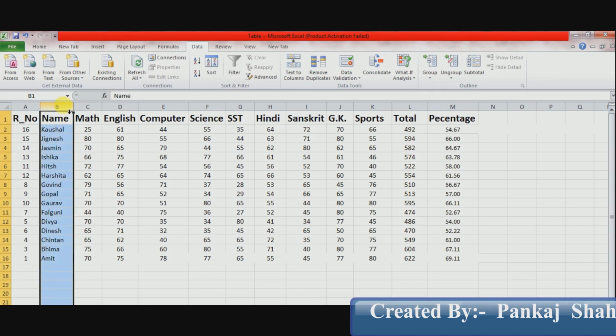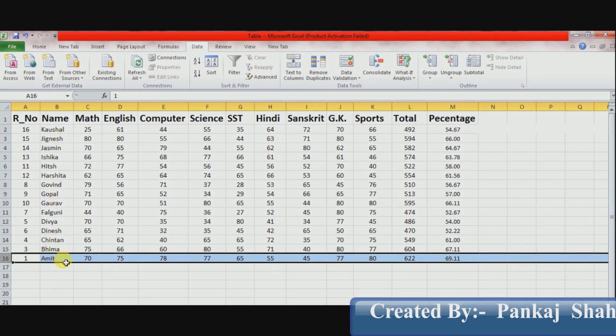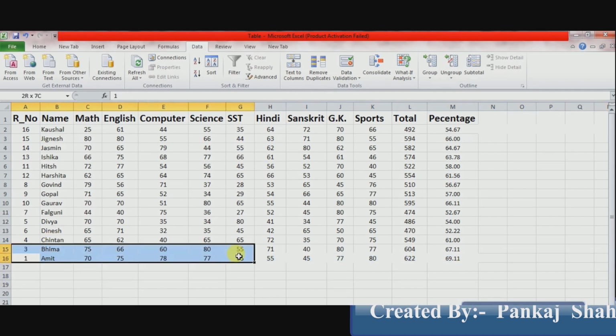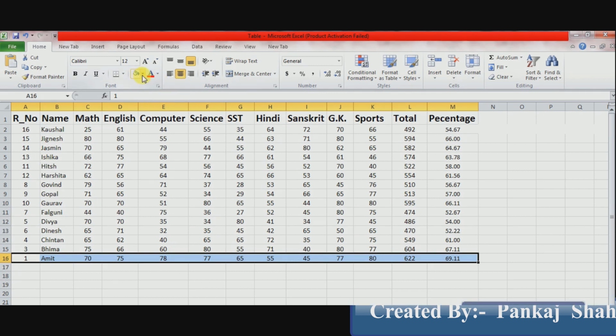Now please observe this table properly. I set name wise descending order, so as per ABCD, the K is the last one, so it comes in the first row and Amit is set on the last row. Now there is one query: only the name is shifted, or does its corresponding record also shift as per the name? So for understanding this query, I just highlighted Amit's full record in yellow color. You can see it on the screen.